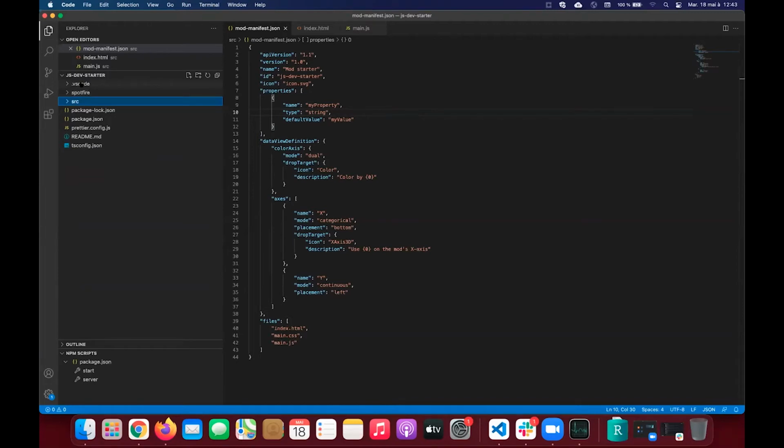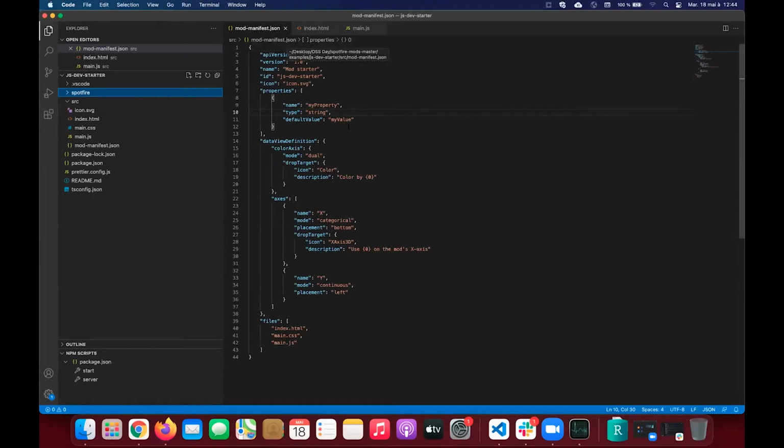So you have a .vscode folder, which is used to store the configuration of the Visual Studio Code IDE, which I'm using here. There is a Spotfire folder, which contains some metadata and the API. And then there is the src folder, which is where you are going to work. In this folder, there are 3 files that are really of importance. So first, the